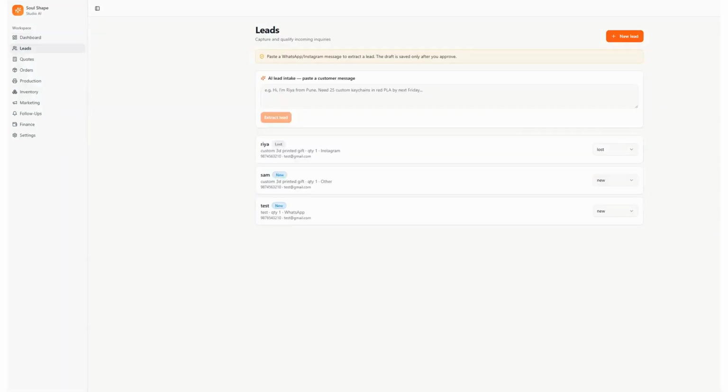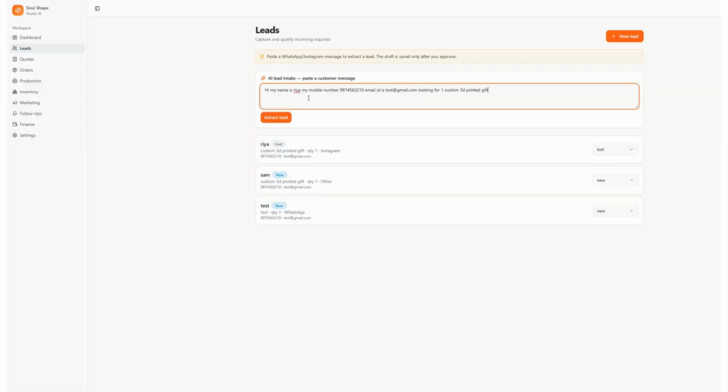In the lead module, you will be able to add leads manually and you can fetch leads from different sources for your business. For now, this is not linked to any lead management system. Once customer starts interacting with your lead management system, you will be able to extract that data and save in